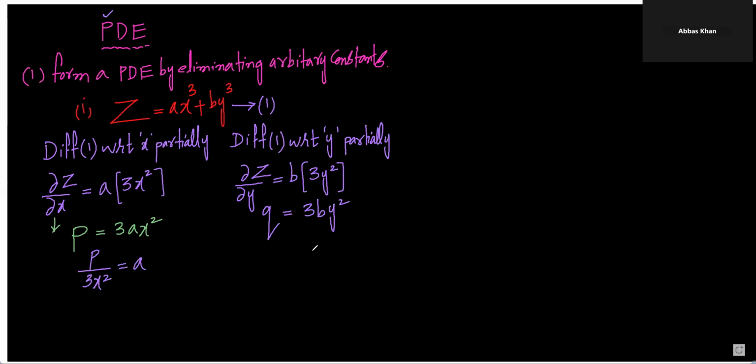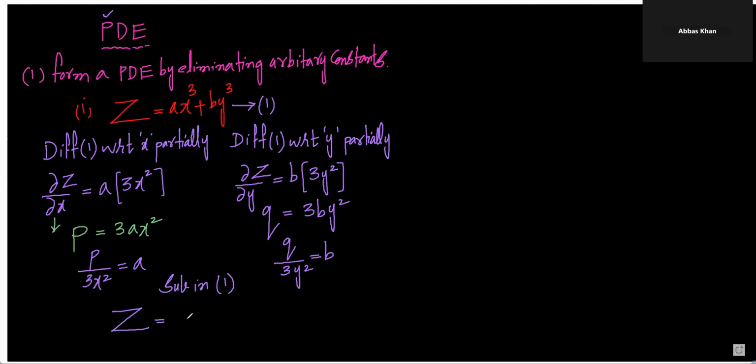Here we require the b value, so q by 3y square, where the multiple terms go to the denominator. So this a and b we have to plug into equation number 1. Substitute in 1. We get our answer, z is equal to